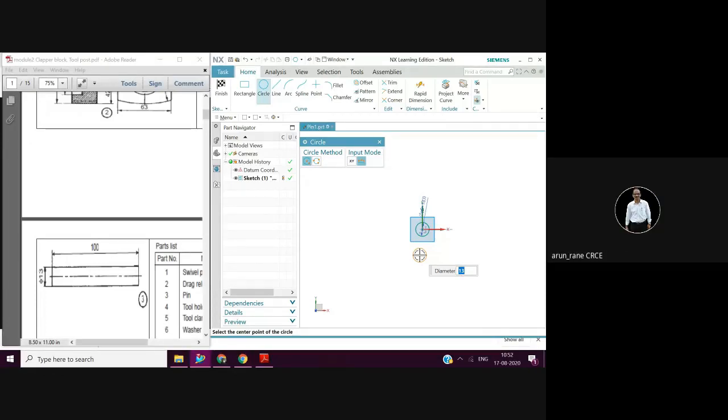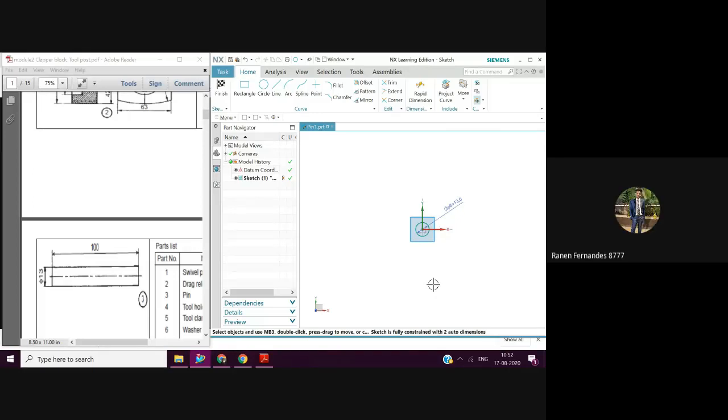Now I'll press the escape key from the keyboard, so you are escaped out of the circle command. You can place this dimension anywhere you want simply by left click, and then just move the mouse on the mouse pad. Wherever you want to place it, you can place it. All right, Renan. Yes.